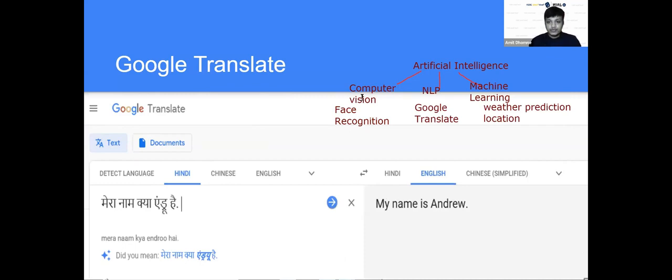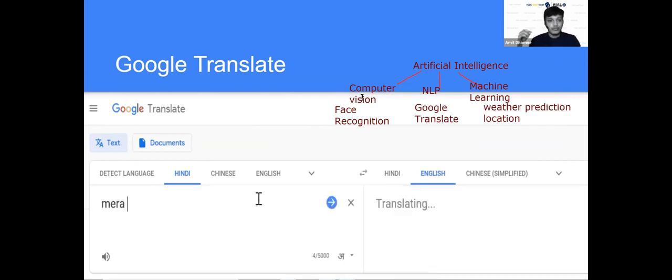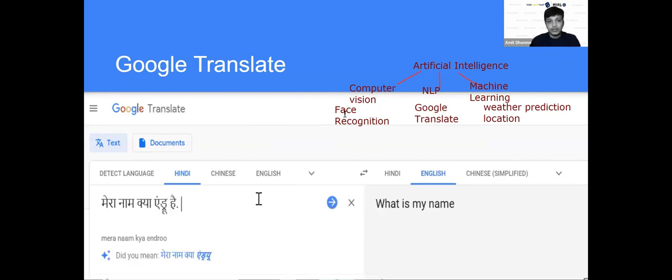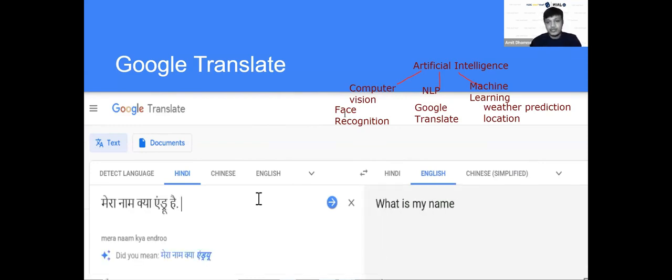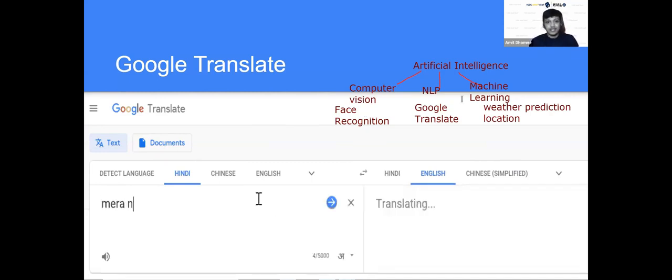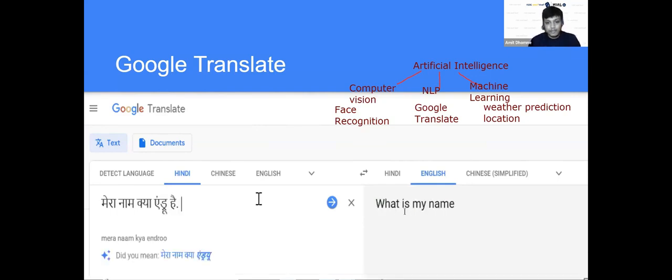Computer vision is one more module of data science, where we deal with images and video. I will show you one video about Google Map. Can anyone tell me which technology Google Map comes under: computer vision, NLP, or machine learning? According to you, what do you feel till now?